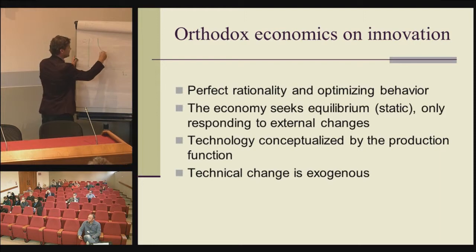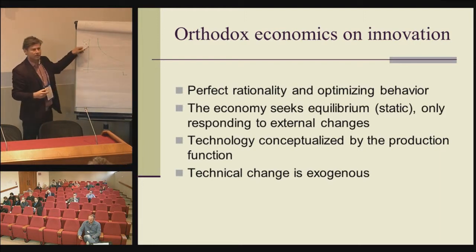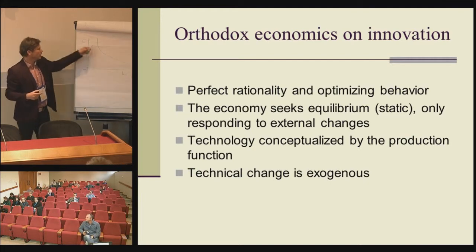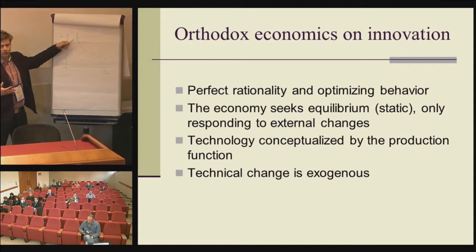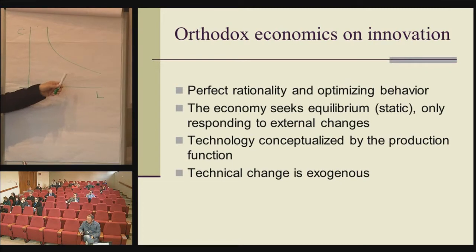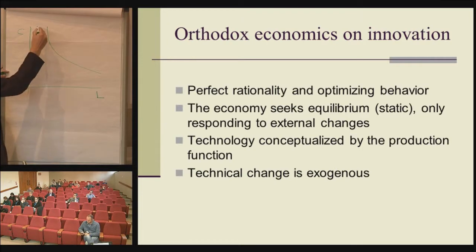And then this is the production function, so you could have high capital investments that give you low input of labor, or low capital and you need a lot of labor. So if you have one big machine with few laborers, or many workers with small tools. And then what technology is doing,